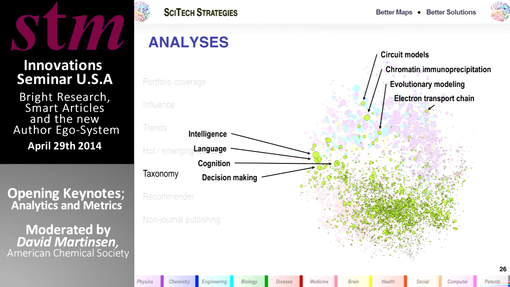You can see that some of these terms, like circuit models, have a very specific meaning in biology, but a very different meaning in electrical engineering. Now, PLOS is very much a biology journal, and so they weren't worried about the different meanings that are potentially associated with this, but it served notice that maybe in the future they might want to change the rule base a little bit to allow them to have a tighter focus on that term in the biology space. Okay.